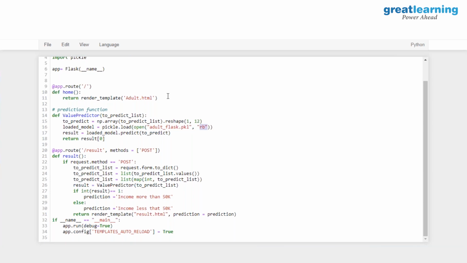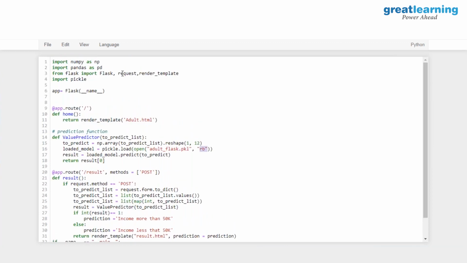I have rendered this template, right? Once I have rendered it, I am doing a predict. Now, what will it predict? It will look into the values which I have given as an input in the HTML. Based on those values, it will do a predict, and the output is checked. If the output is 1, it is income more than 50K. Otherwise, it is less than 50K. In short, this entire thing is happening through the libraries which I have, which are request and render_template.